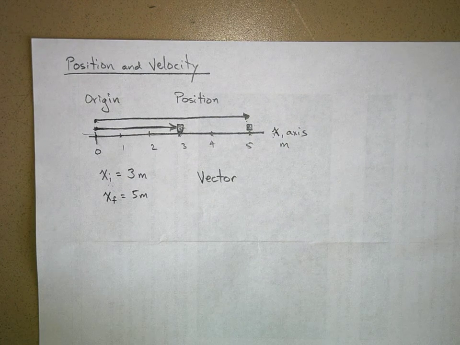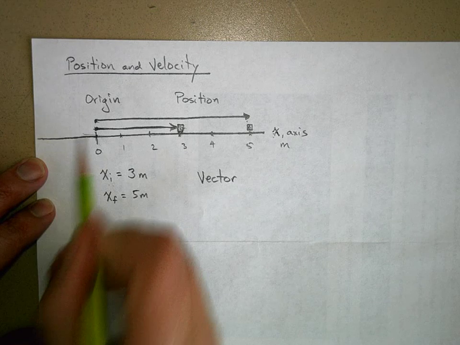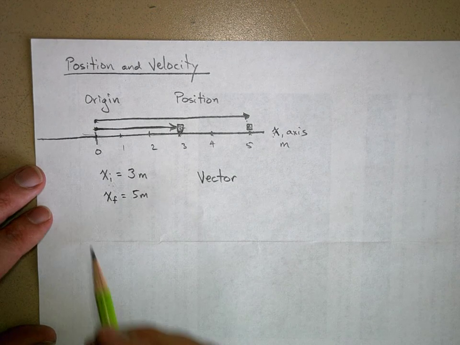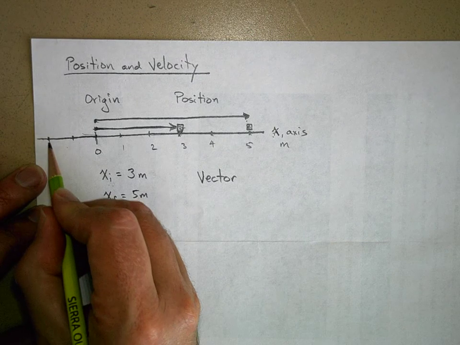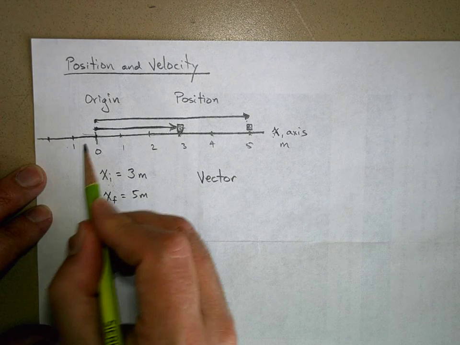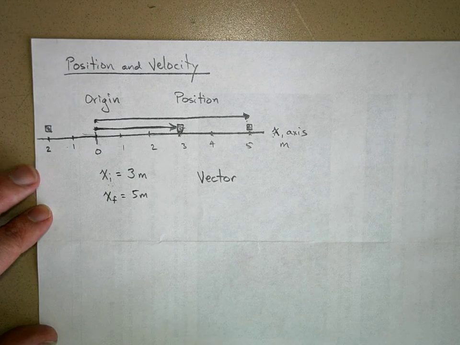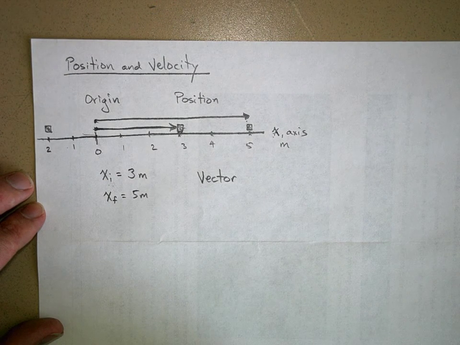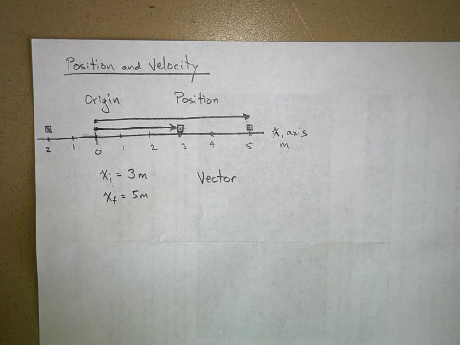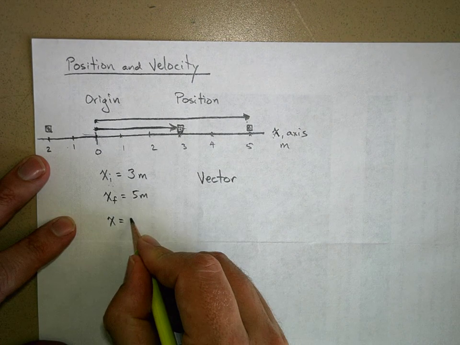Now what about direction? Well, here's the thing. What if I had an object located over here? So 1 meter, 2 meters. What if my calculator was over here? What would that position be? Well, you need a way of saying, look, if I just said x equals 2 meters,